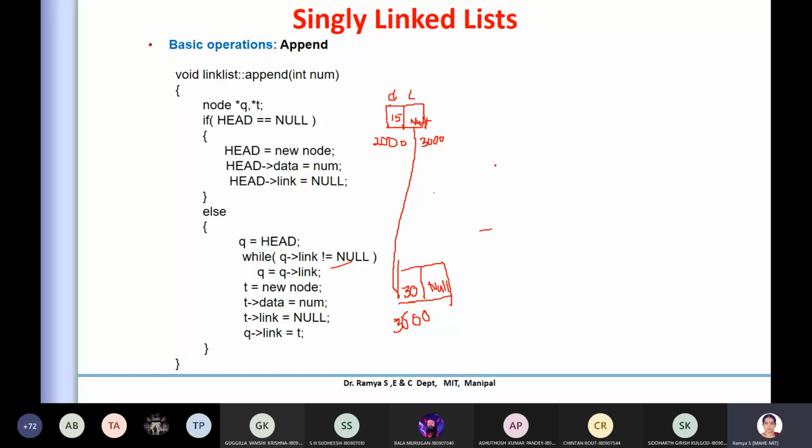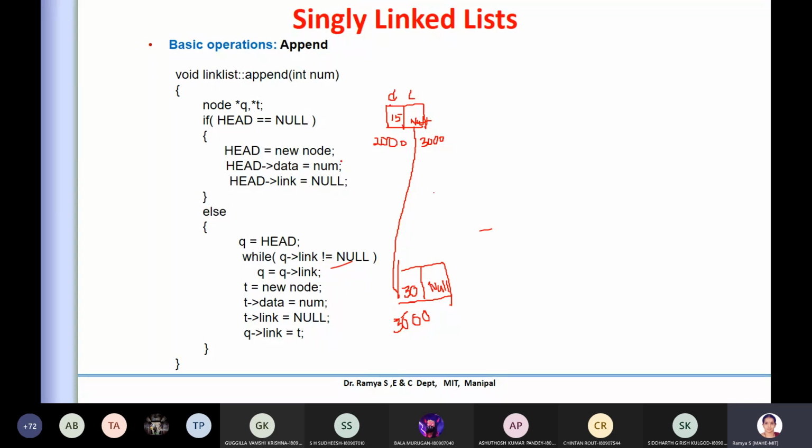Initially, if you are creating data and it finds the head to be equal to null, then it will create a node, and whatever data you give is stored at that particular position, and the link part is set to null. So this is for the initial creation of any new node.